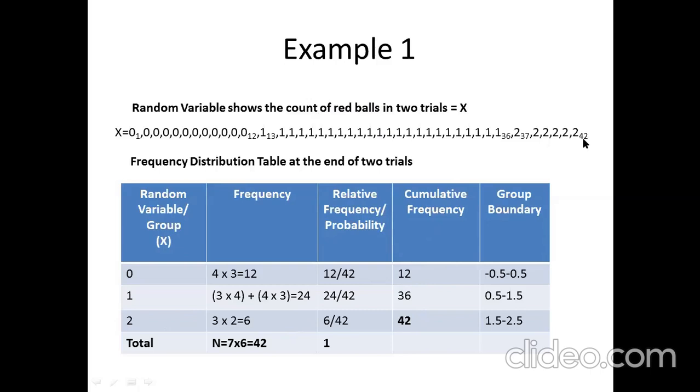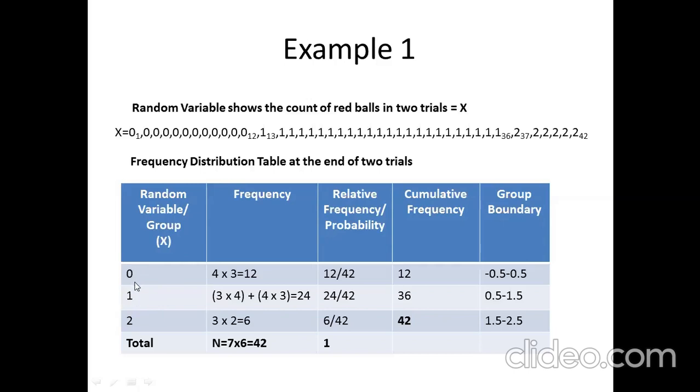Group boundary, as we saw in the class interval data summarization, is found exactly in the same way. Just the method is the same, but the way it is appearing might be different to you. Like for example, there we used to subtract the lower limit of class 2 with the upper limit of class 1 and divided by 2. Here we don't have the limits. Rather, we just subtract the two group values corresponding, which is 1 and 0, or 2 and 1. And 1 minus 0 is 1. And then divided by 2, we get 0.5.